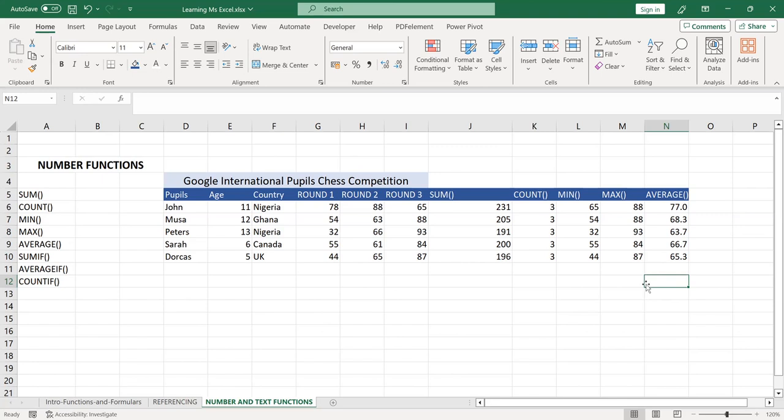Let's say, for instance, I decide to change these nationalities to maybe just 2 countries, or maybe 3, just 3 countries. So we have Nigeria, we have Ghana, and we will have maybe Canada. So I'll use my power to change Dorcas's country from UK to Ghana. He has become a Ghanaian